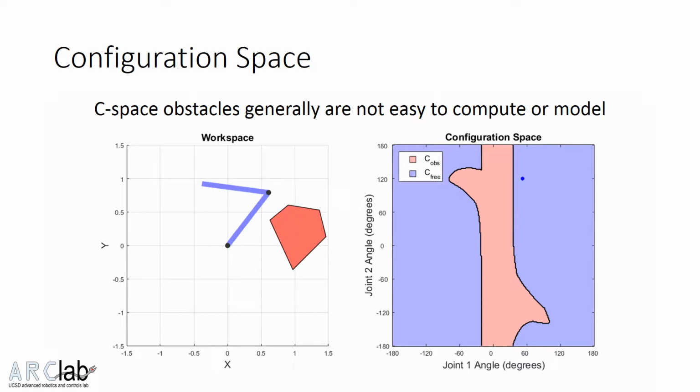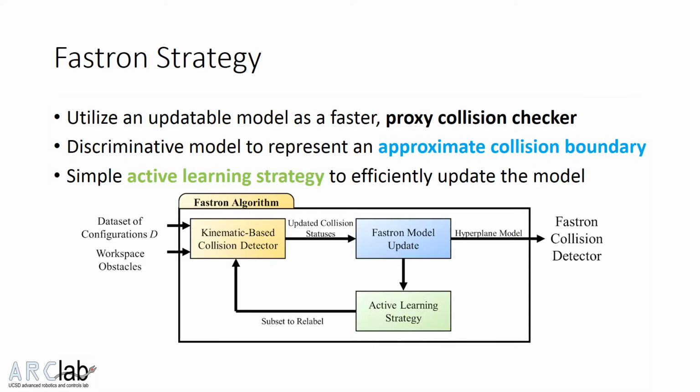In configuration space, or C-space, a robot with n degrees of freedom is represented as an n-dimensional point. Any obstacle in the workspace is represented as a shape in C-space denoting in-collision configurations. While planning is easier when the robot is represented as a point, obstacles in C-space are generally not easy to compute or model. The idea behind the Fastron algorithm is to use an updatable model that may be used as